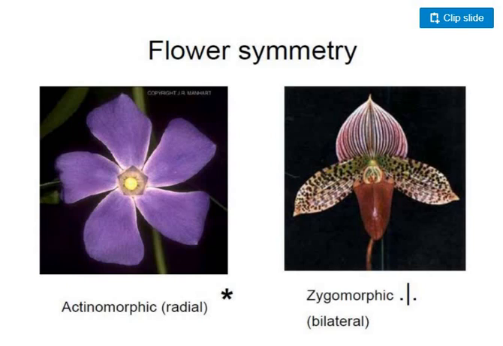But if you see the second flower, for example in Orchidaceae and Fabaceae, we can cut this flower only through a single plane. So the symmetry is bilateral, and such a condition is called zygomorphic symmetry or a zygomorphic flower. So those having radial symmetry are called actinomorphic flowers, and those with bilateral symmetry are called zygomorphic flowers.